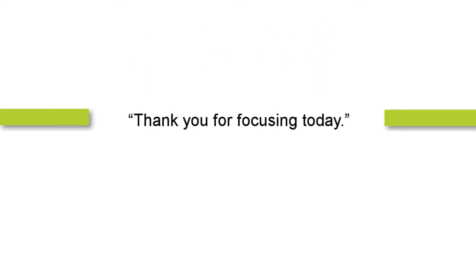Make a simple, clear request. Gemma, shall we focus on reading the story? Make a closed request. Thank you for focusing so well on the story, Gemma. Frame a positive choice. Gemma, are you able to focus on reading with me, or do we need to stop